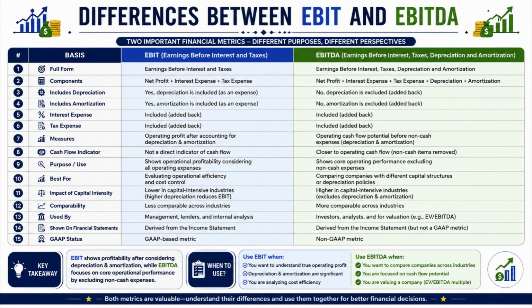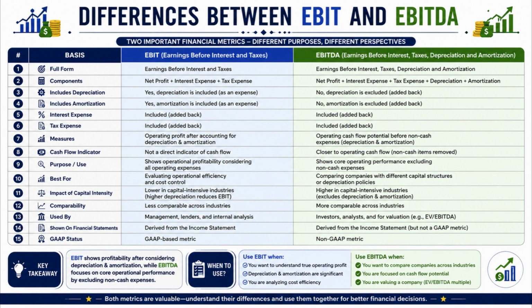valuation professionals. Number 14. EBIT is directly derived from the income statement and is closely aligned with accounting profit, whereas EBITDA is derived from the income statement but is generally considered a non-GAAP performance measure. Number 15. EBIT is recognized as a GAAP-based profitability metric, whereas EBITDA is classified as a non-GAAP metric used for